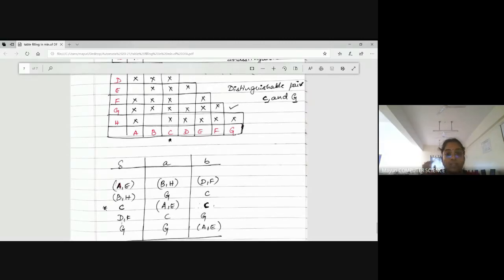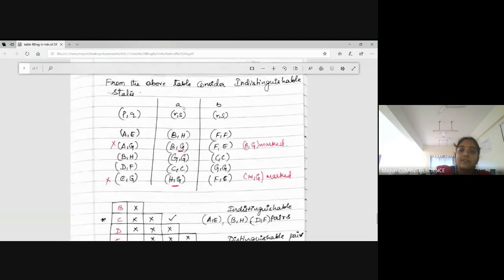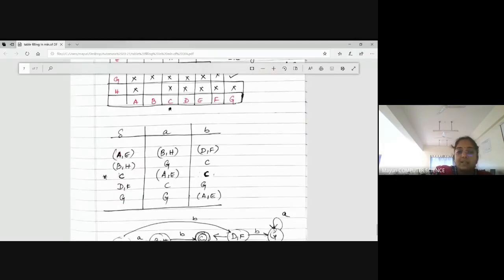So in a DFSM, one thing is sure: out of these 5 states, if I provide a transition on input symbol A or B, it will go to one of these 5 states only, right? It will not go to a state which is not existing in the DFSM. You have only these 5 states, and it will not go beyond this. So how would you write the transitions? On AE, just look at the previous table: when I give input A, it goes to BH. First of all, I have to confirm whether BH is one of my states. Yes, BH is one of my states. So on A, it will easily go to BH.